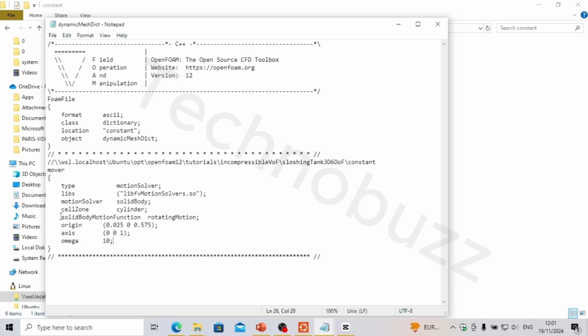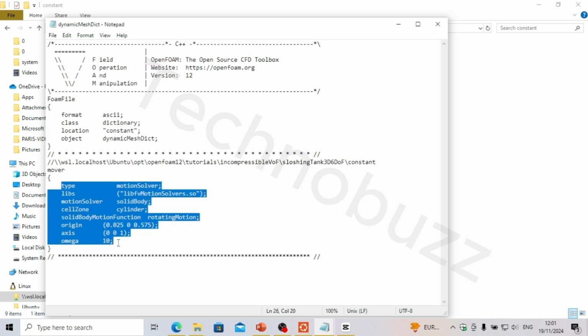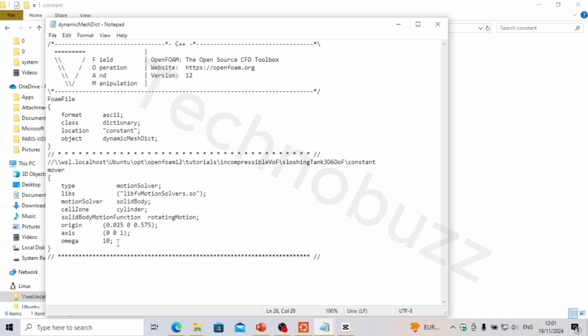Now this is the syntax for directly rotating the object by giving the angular velocity. So here the cell zone is cylinder, only the cylinder will be rotated, and the solid body motion function is rotating motion. So this is the center of rotation of the object. Here the origin which we are giving is the center of the object. Then the axis of rotation is in z direction, and the omega is 10 radians per second. Fine. Once this is done,